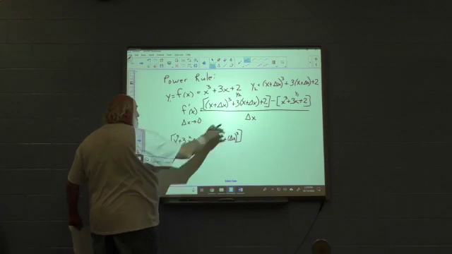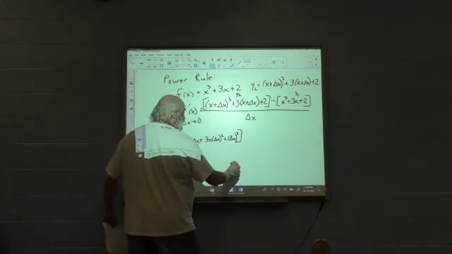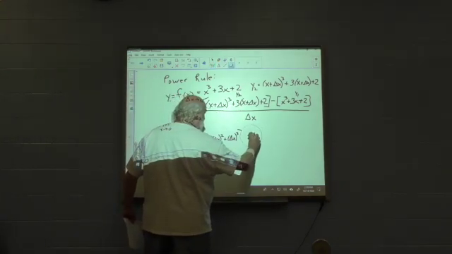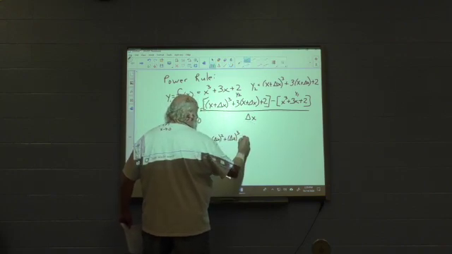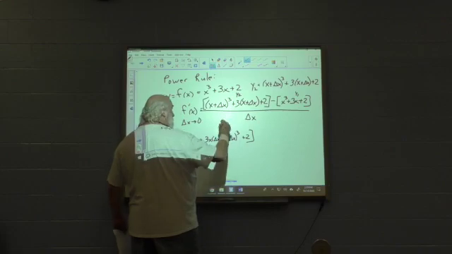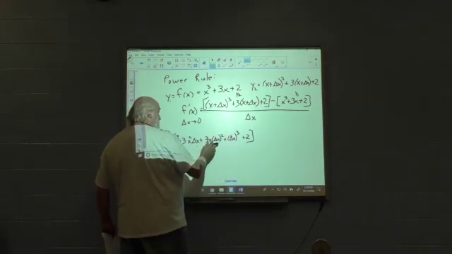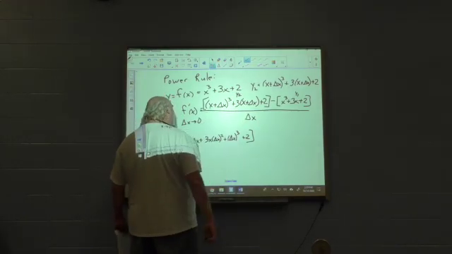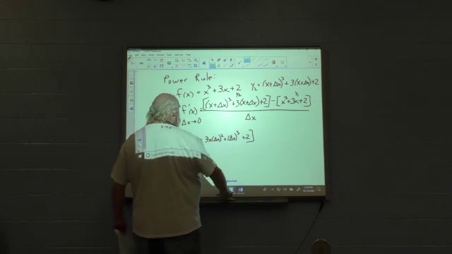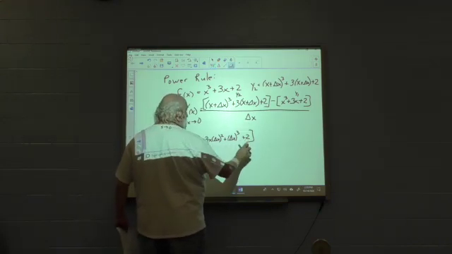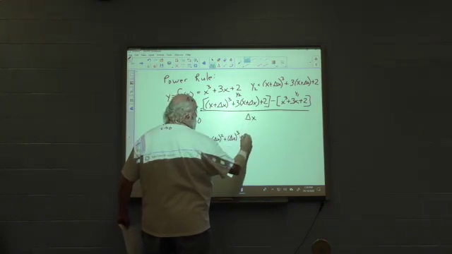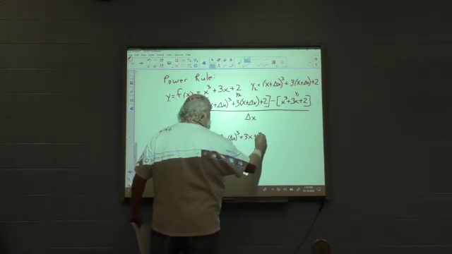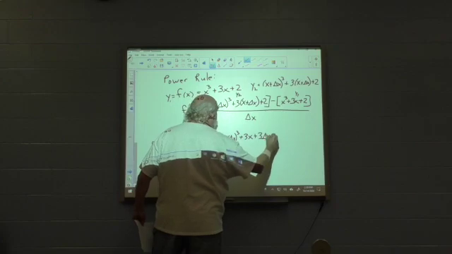So that's that part right there. Oh, and then my plus 2. I always forget that. Plus 2. Okay, so that's this part right here. And I forgot that part too, didn't I? So I need to put that in before I put the plus 2 in. So this has got to be multiplied out, plus 3x plus 3 delta x plus 2